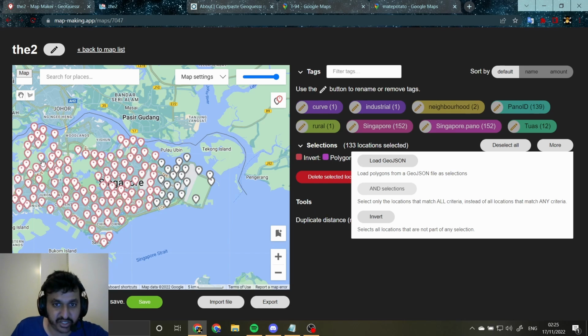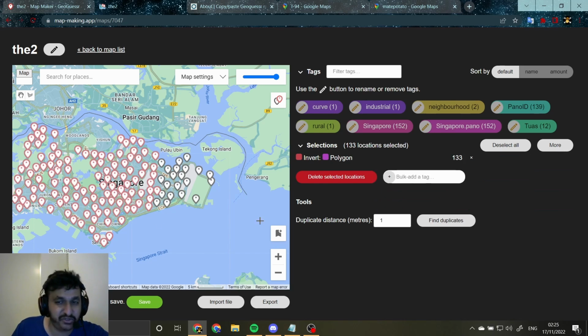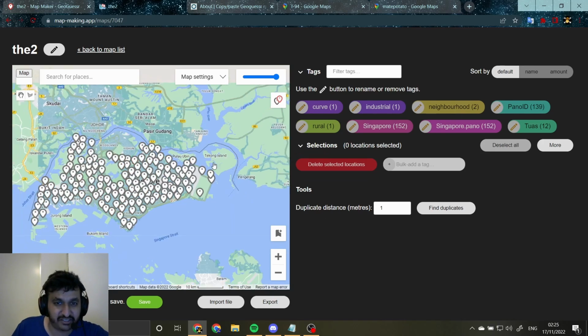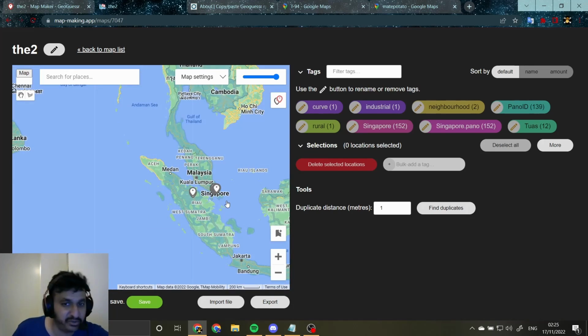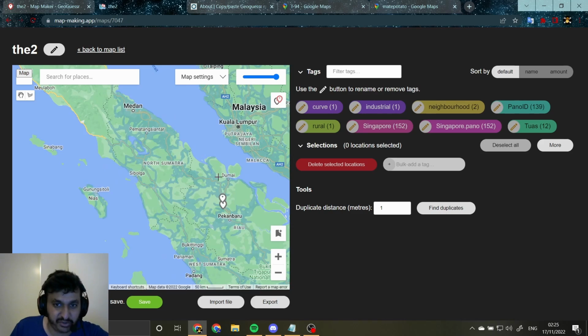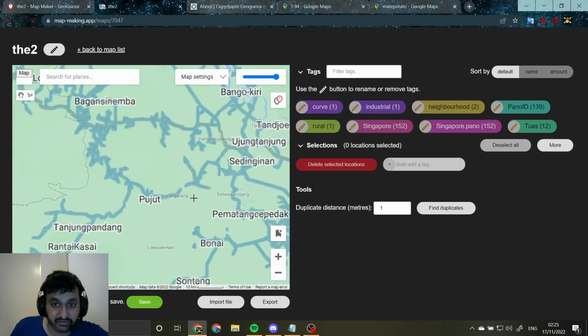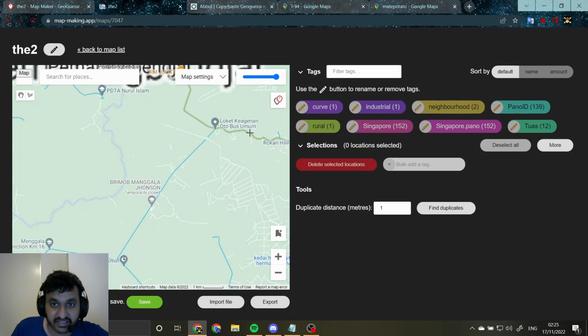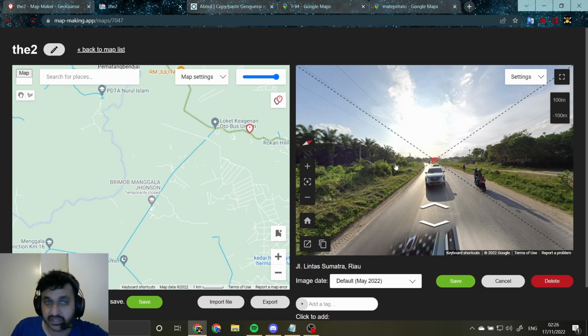So then it tags the locations that you didn't select. And you can do a bunch of stuff. I'll leave the exploration part of this to you because there's so many cool things you can do the more you get into this. Another very cool aspect of this map maker is that, let's say you are here, you